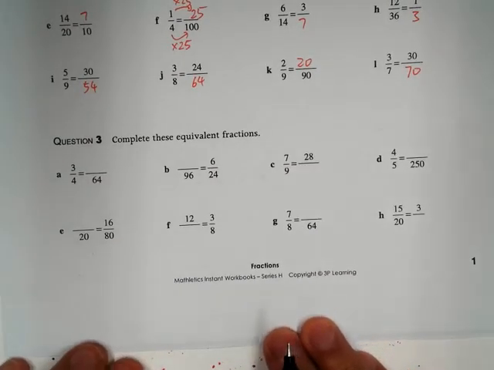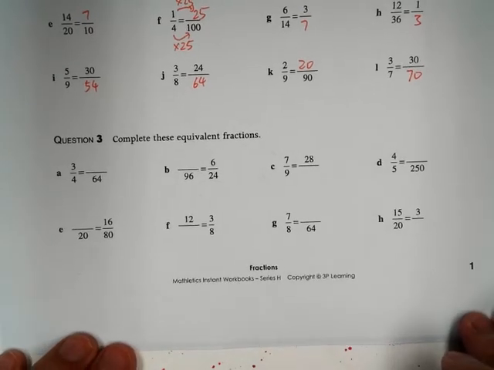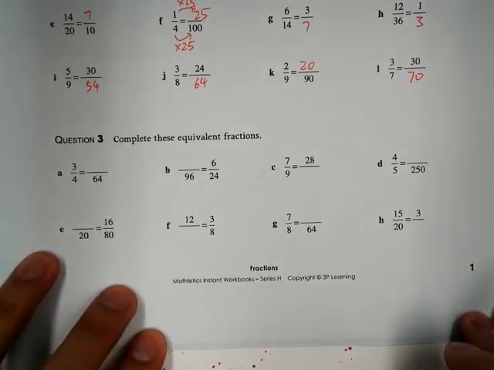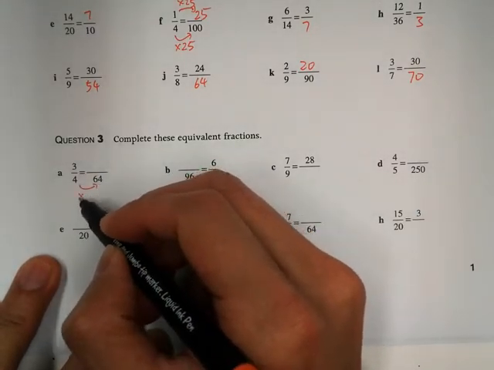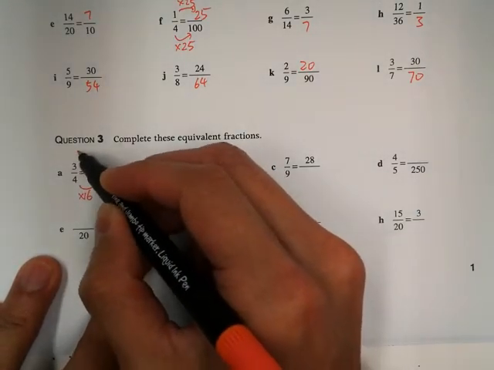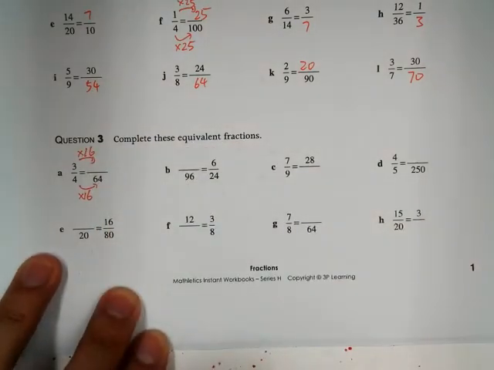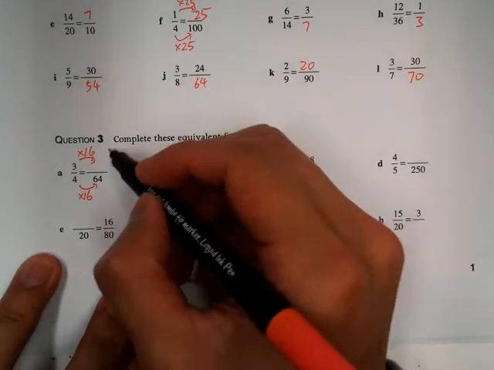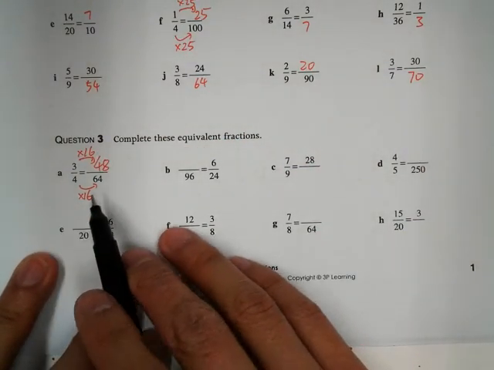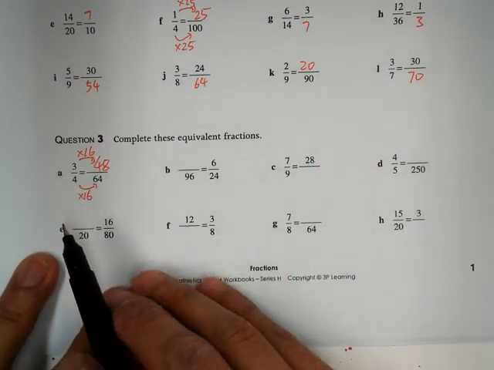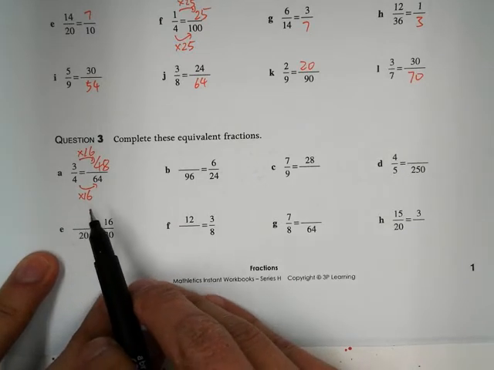And lastly, equivalent fractions. It's kind of like mixed questions with bigger numbers. From 4 to 64 is multiplied by 16. So the numerator we can multiply by 16 as well. So it's 48. If a student cannot see 4 times what makes 64, what you can do is actually